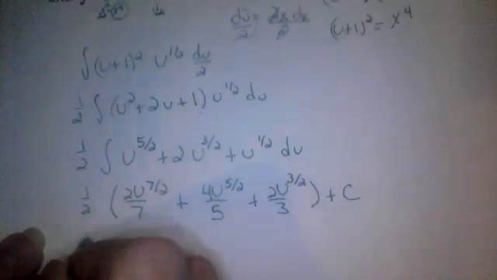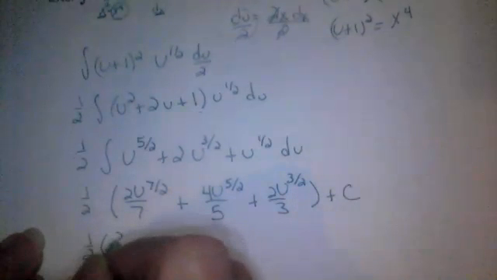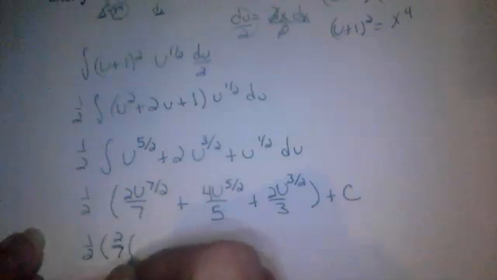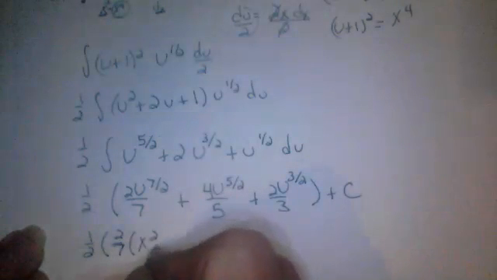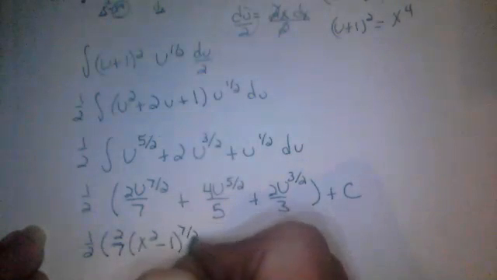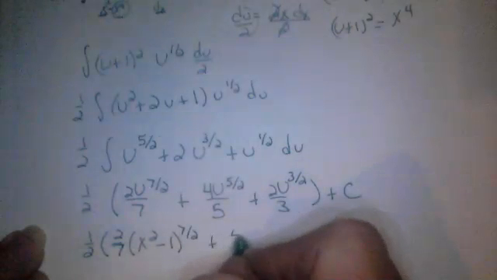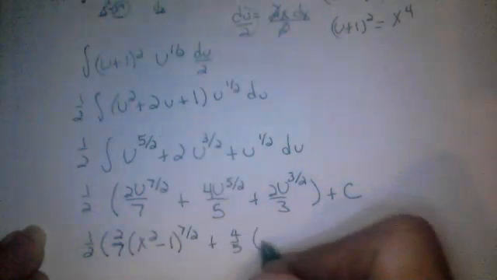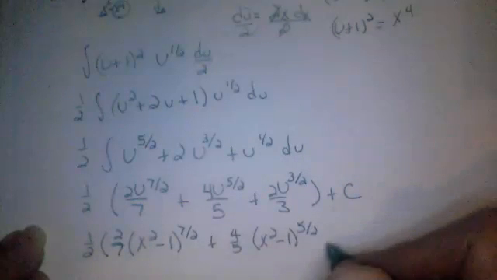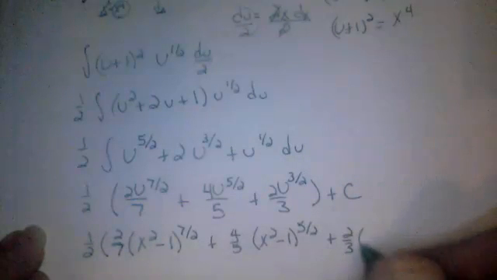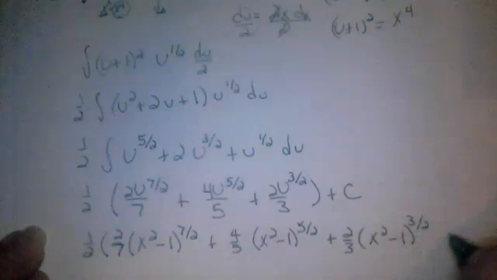So I have 1/2 times 2/7, and then u was x squared minus 1 to the 7/2 power plus 4/5 times x squared minus 1 to the 5/2 power plus 2/3 times x squared minus 1 to the 3/2 power